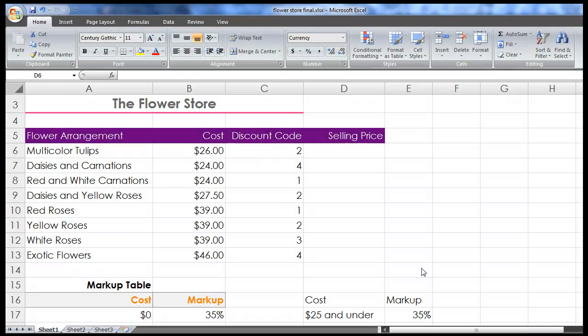So now that I've told you that, we can begin to calculate the selling price for each flower type. So the selling price is calculated by multiplying the cost by the markup percentage and then adding that total to the cost. The first thing we're going to do is go to cell D6 and enter the formula equals